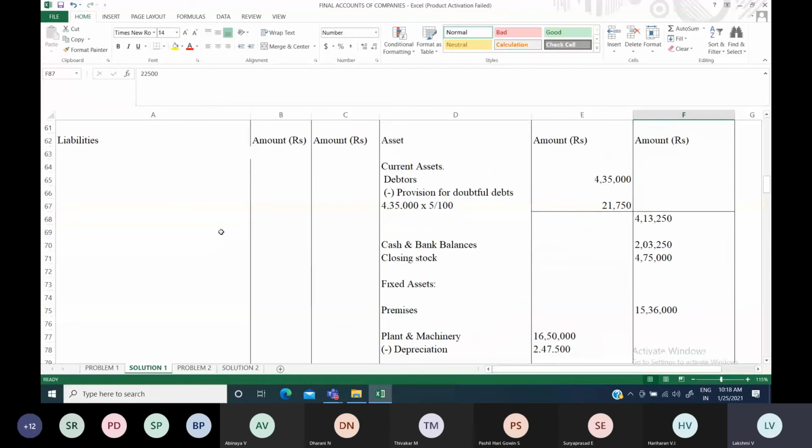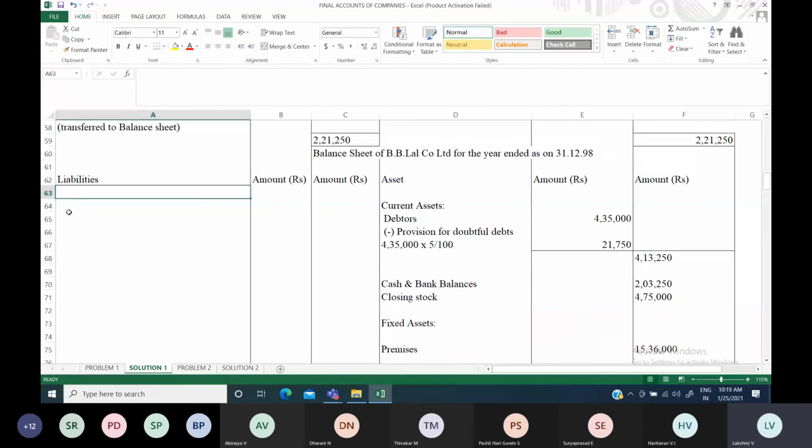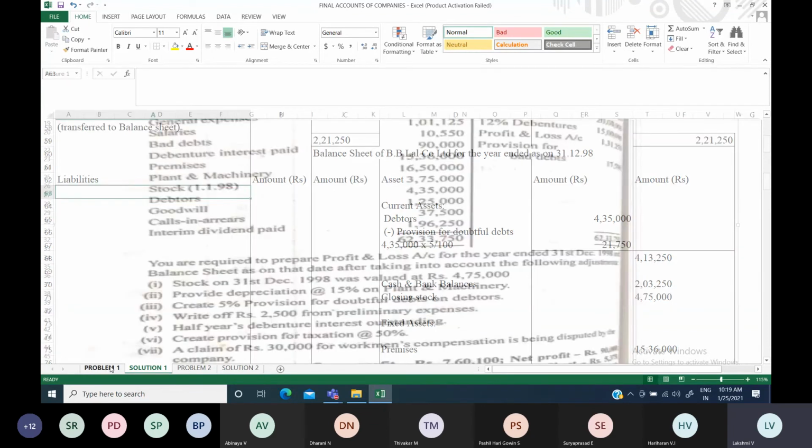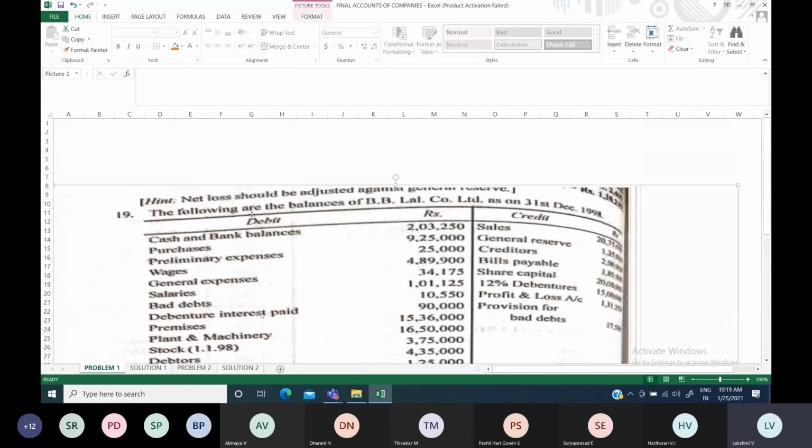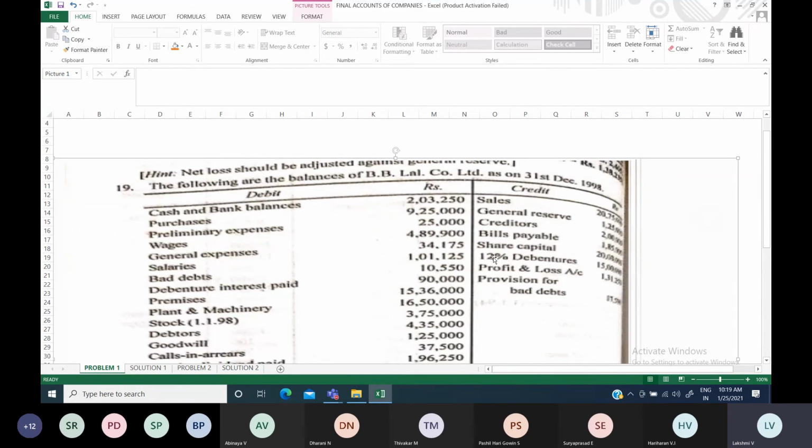liability side of your balance sheet, usually your capital. In case of final accounts of companies, if you have any authorized, issued, subscribed, you just list them and draw 2 lines and keep. Okay. But here you don't have it in the question. Straight away only one share capital is there. Some questions, before this tabular column itself, they will give the authorized details, all those things. But in this question, we don't have actually. So only share capital is there.